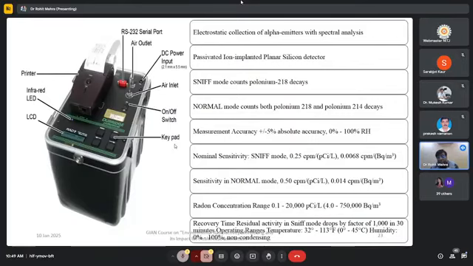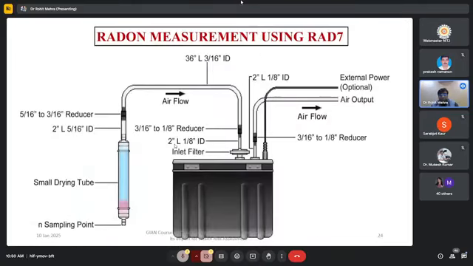So again, it could be used for very accurate measurements, but it gives you very instantaneous data. So either you could continuously monitor it for 2 or 3 hours, or 2 or 3 months, and then it will have a proper record of a particular season. This could also be used for measurement of radon in gas as well as in water samples. There is a desiccant arrangement so that the moisture content could be removed, and alpha detectors are there, which you could use.